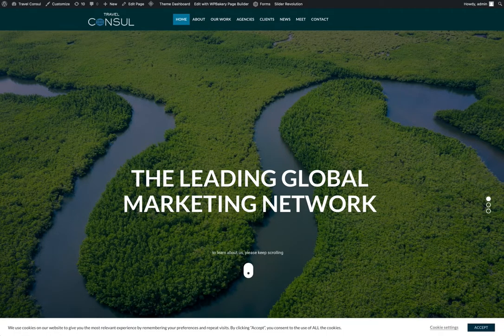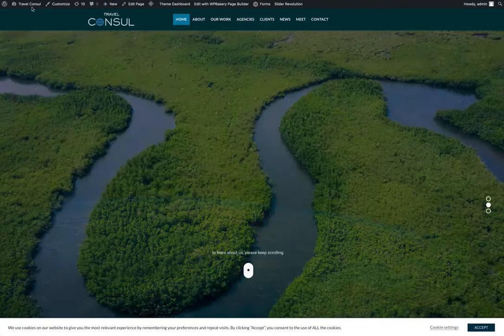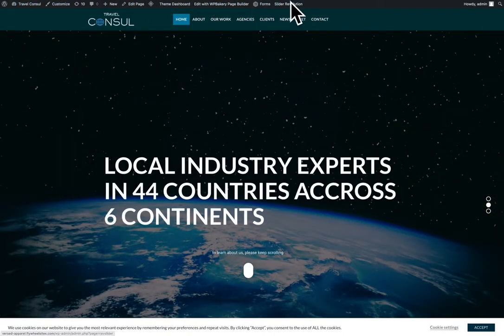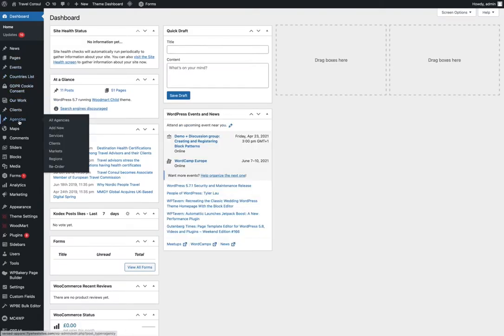Tutorial is going to be for adding and removing agencies. So once you've logged in, and you can see the admin bar at the top here, we're going to go through to the back end, and we're going to go to the agencies menu item here. To add a new agency, we can go to add new,